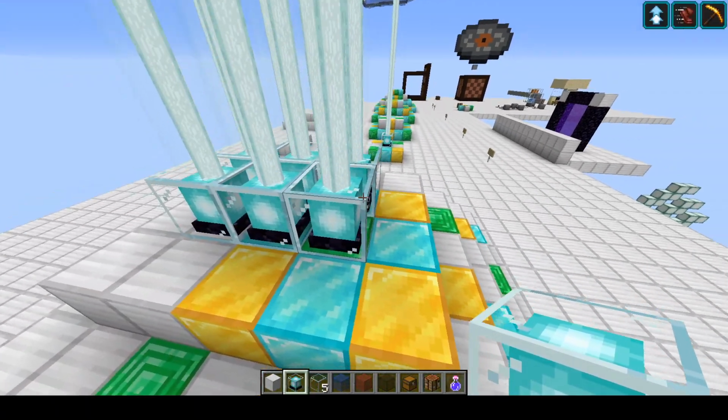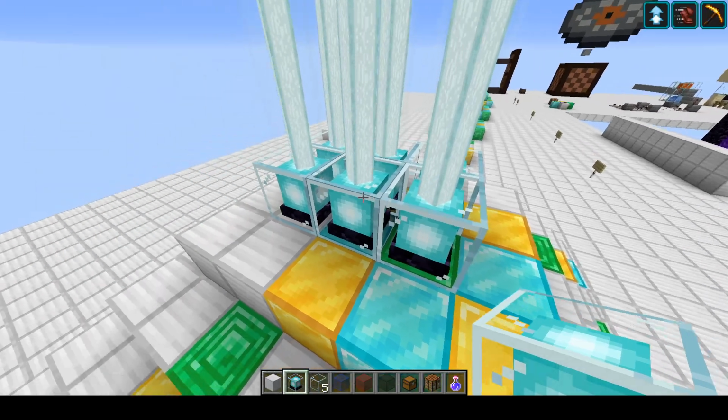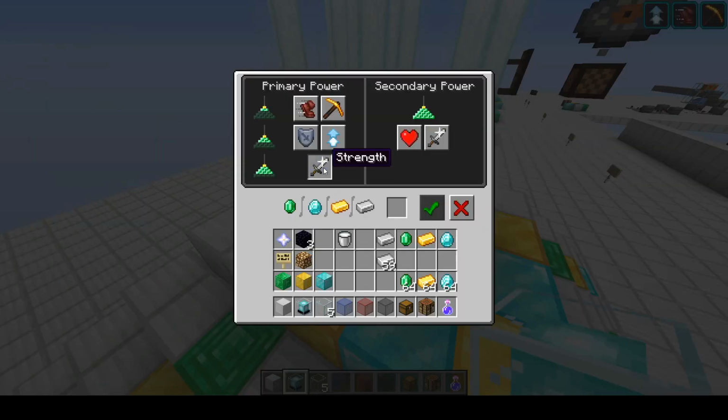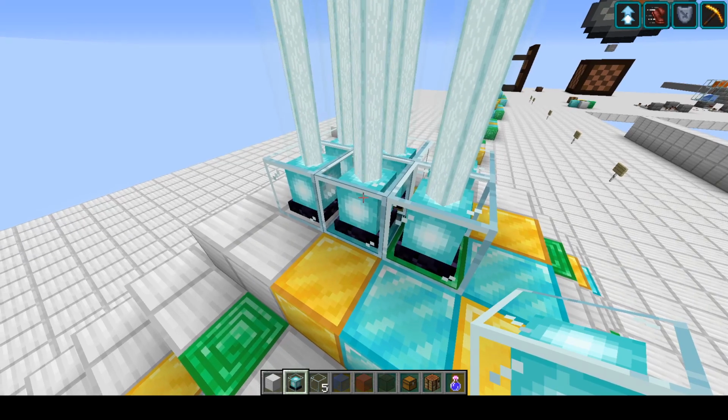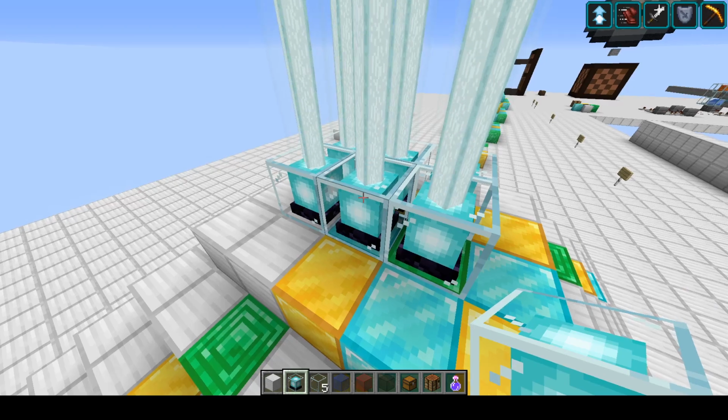Let's do resistance next. Resistance, of course, we're going to want 2. Put a bar in there. I've already got it clicked. Press done. Next one we want is strength. You'll click strength. Make sure you do click it in here. Put your iron bar in. Should pop up. There we go. So far, speed 2, strength 2, resistance 2, haste 2, and our last one is going to be